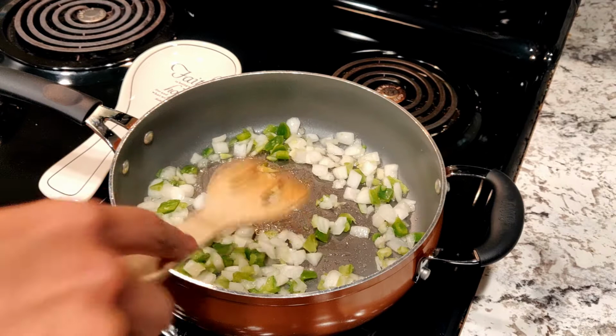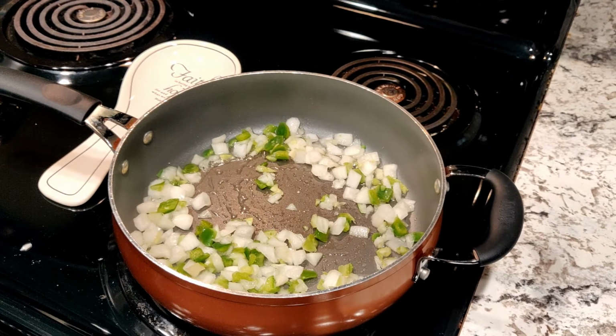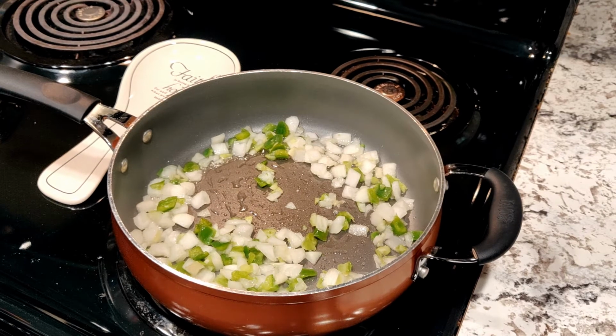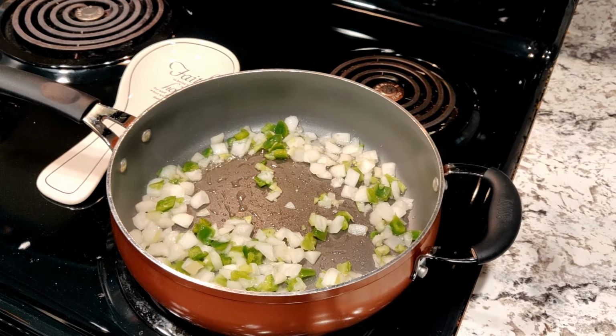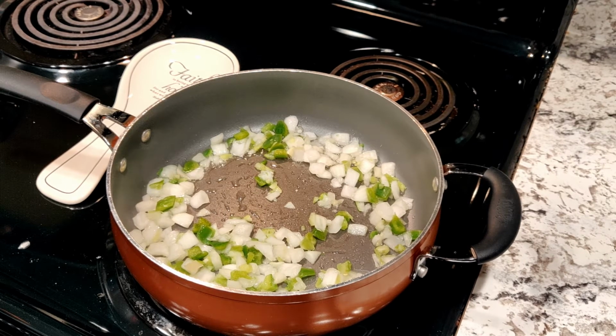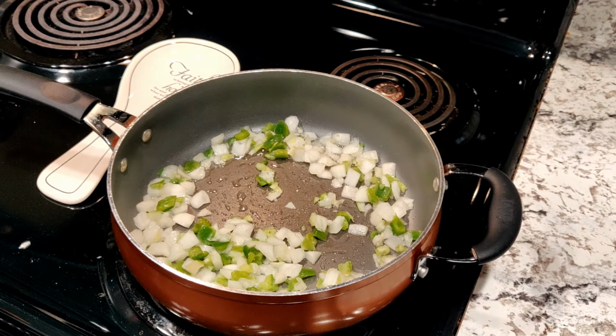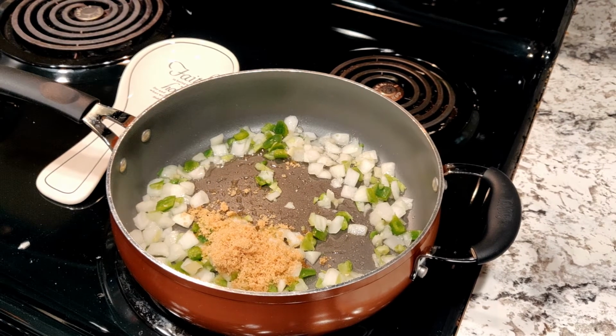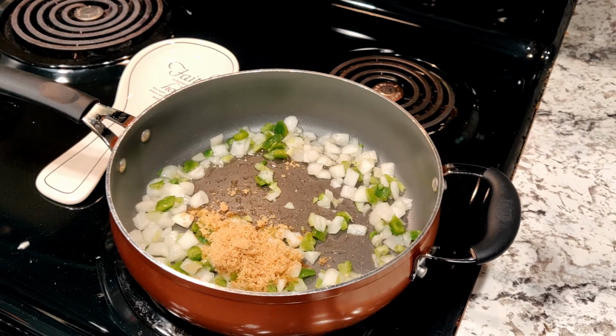I usually like more than this, but this is all I had, so we'll go with it. And then in order to get that caramelization process started, I need some brown sugar. Brown sugar! It seems like a lot, it's really not. So this is all the sugar that's going to be in this, and the sugar is going to help balance